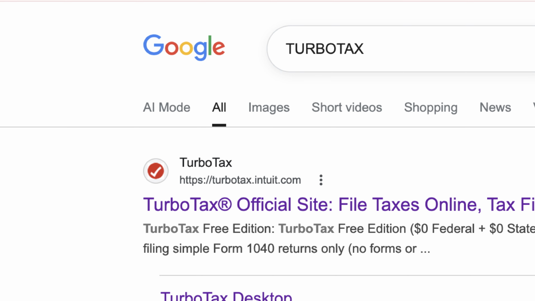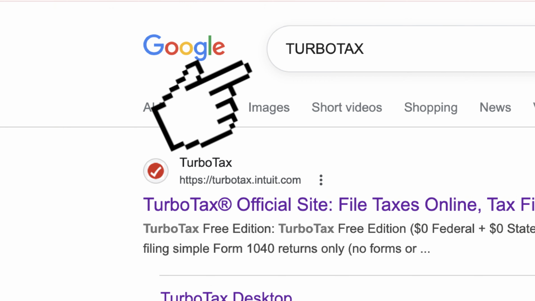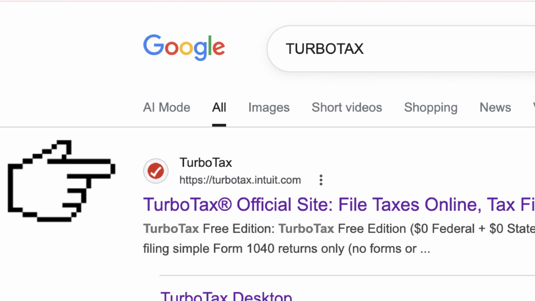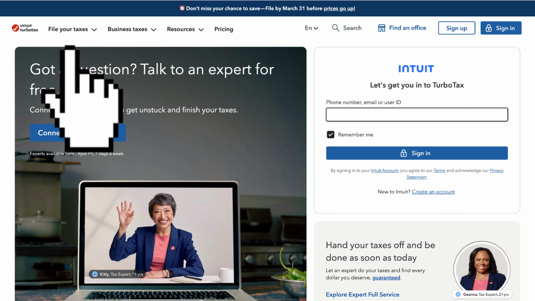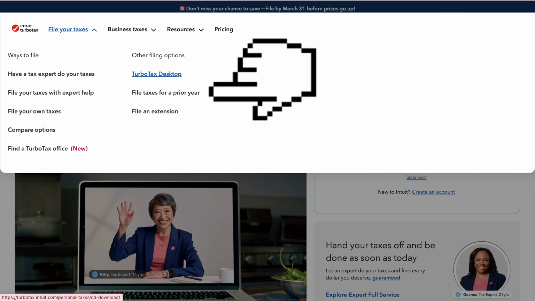So first, open your web browser such as Chrome or Safari. Then on the Google search, you want to search for TurboTax. And then you want to click on the website called turbotax.intuit.com. Then, click on File Your Taxes at the top left of your screen, and tap on File Taxes for a prior year,